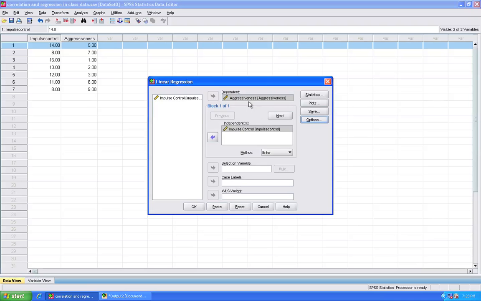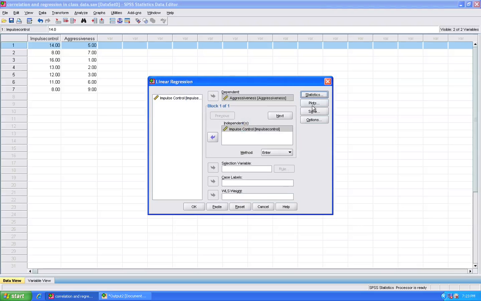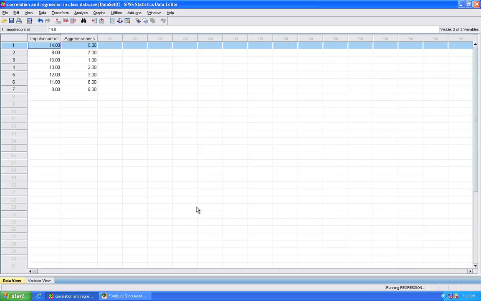What we have so far is the dependent variable listed, and the independent variable, or our X, the variable that we want to use to predict aggressiveness, goes in under the independent variable. Under Statistics, we have asked for estimates, model fit, and descriptives. Under Plots, we have asked for a plot of the standardized residuals versus the standardized predicted values. We have asked for the histogram and normal probability plot of the residuals. And if I go ahead and click on OK,